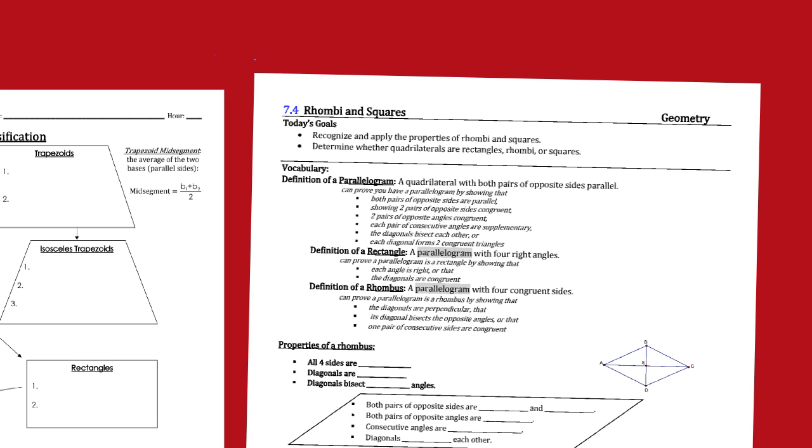Okay, so today we're going to talk about rhombi and squares. The plural of rhombus, or the singular, is a rhombus. So rhombus and a square. And as we speak through these items, we're going to be talking about the different shapes we've already discussed as well. So the first thing is we've talked about